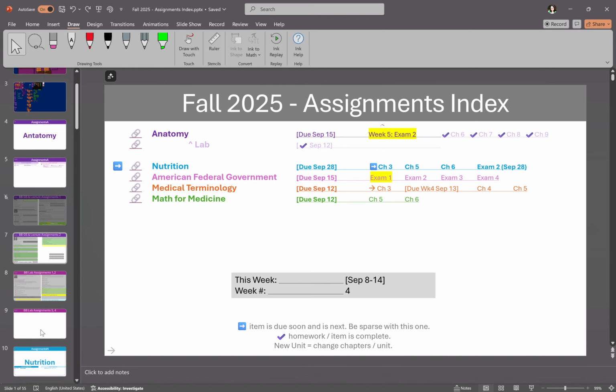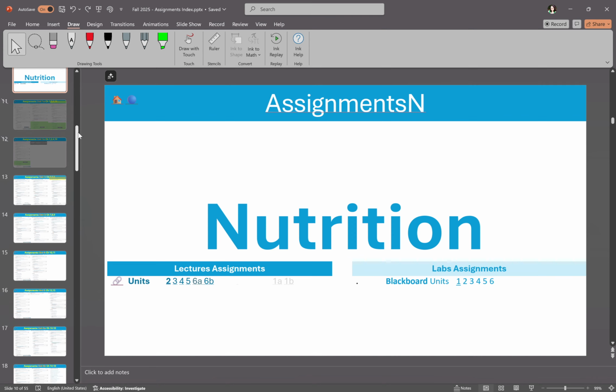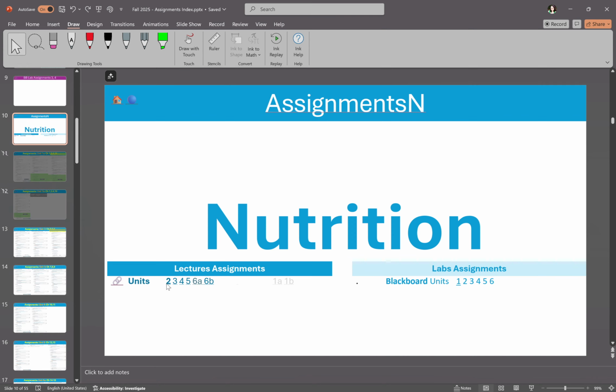I will tell you, just the stuff for nutrition and my medical terminology alone, this has actually kept me from missing some of my tests and quizzes. We had little miniature tests that aren't the actual test in the ebook, which I've got over here as lecture assignment, and then under Blackboard, which I have as labs. I mean, that's not the correct name, but it is what it is. Under the Blackboard unit, we actually had a quiz that needed done,